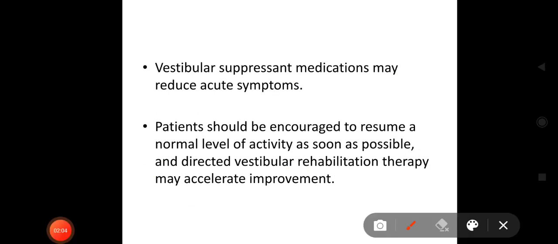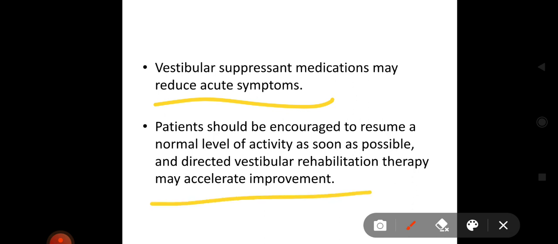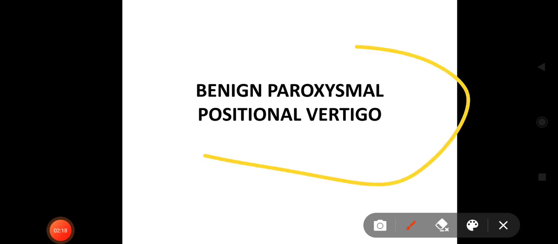Vestibular suppressant medications may reduce the acute symptoms. Patients should be encouraged to resume a normal level of activity as soon as possible, and directed vestibular rehabilitation therapy may accelerate the improvement. Next is benign paroxysmal positional vertigo, BPPV, which is a very important one, and very often